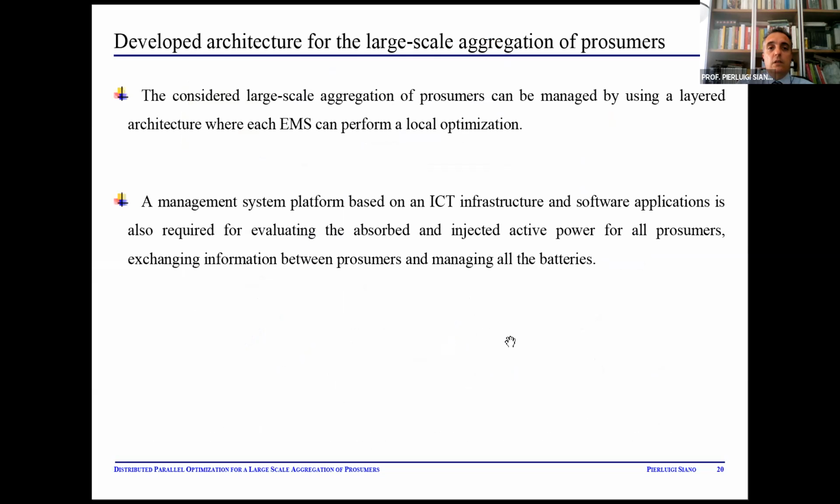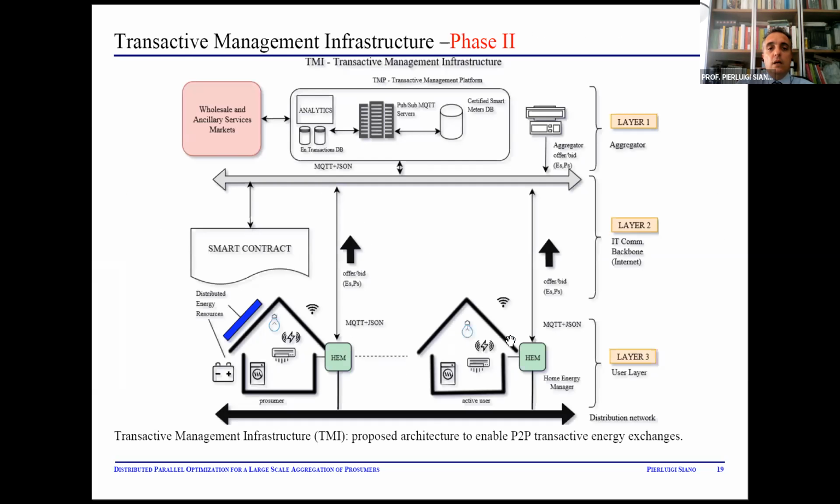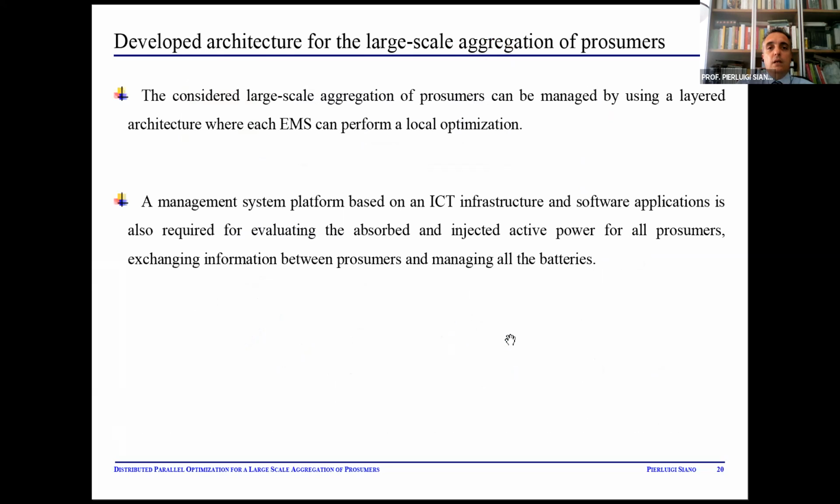Then the considered architecture has been used to manage a large-scale aggregation of prosumers. This is necessary to evaluate, for example, the absorbed and injected active power for all prosumers, and to allow the exchange of information between prosumers for managing all the batteries to provide flexibility in the ancillary